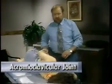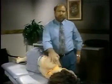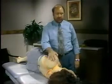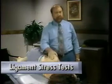Okay, if we move away from the scapulothoracic joint, we can look at the acromioclavicular joint. And we've got a couple of ligaments that we need to test out here. And those are the bands of the coracoclavicular ligament, the conoid and trapezoid ligaments. Now, the conoid ligament is running more or less vertically from the coracoid process up to the undersurface of the